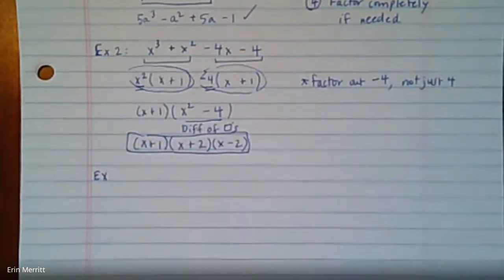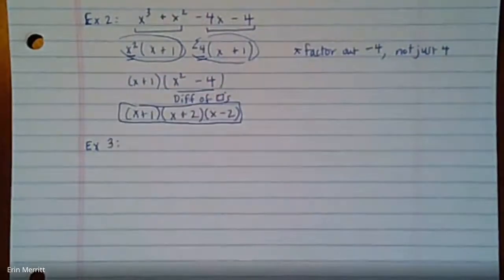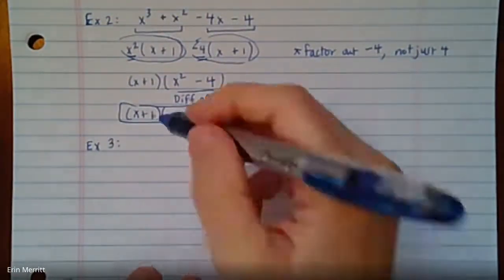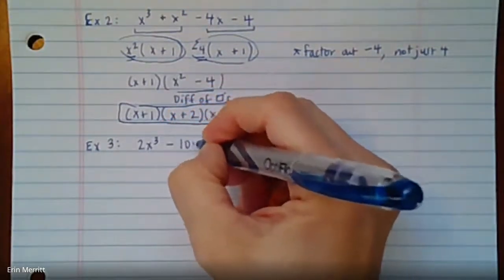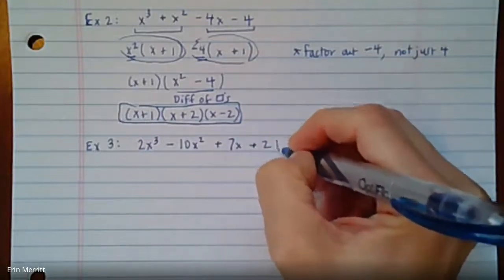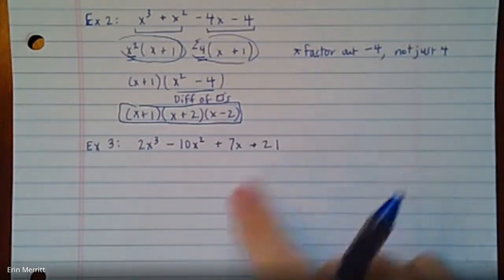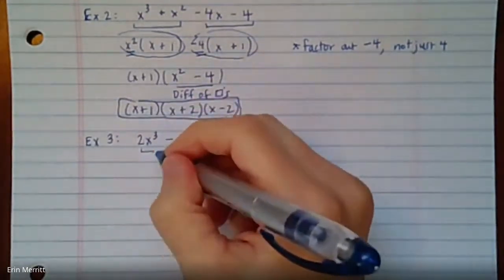Hopefully after seeing 2 examples, you're like, all right, I'm getting the hang of this. Sometimes it takes a few to really get it. For the third one here, if I give you 2x cubed minus 10x squared plus 7x plus 21, same thing, you've got 4 terms. There's no GCF across the whole thing. So we know we're looking at grouping. So if I group 2 and 2,